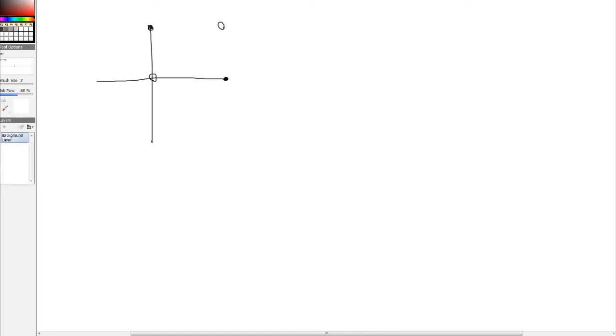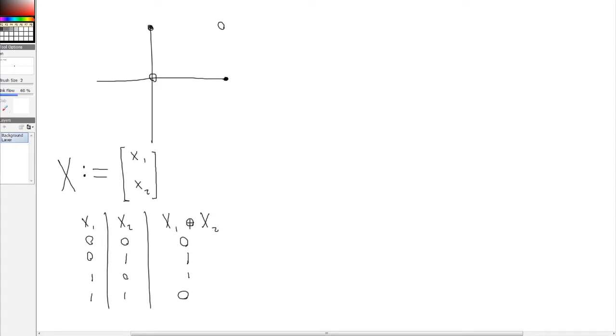Draw the truth table for XOR. So let's say that we have this vector of booleans, which is big X. Let's define that, and big X is defined to be x1, x2. And so we have x1, we have, so this is 0, this is 0, this is 1, this is